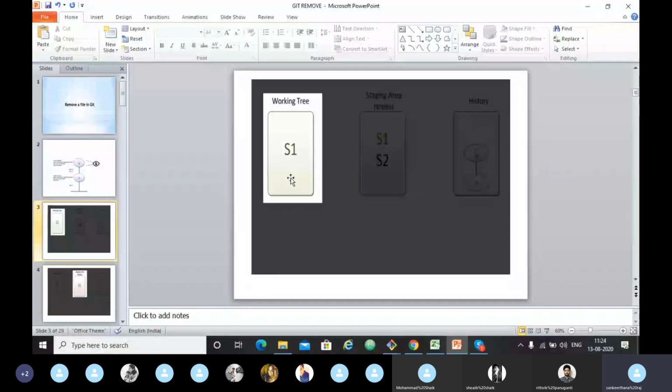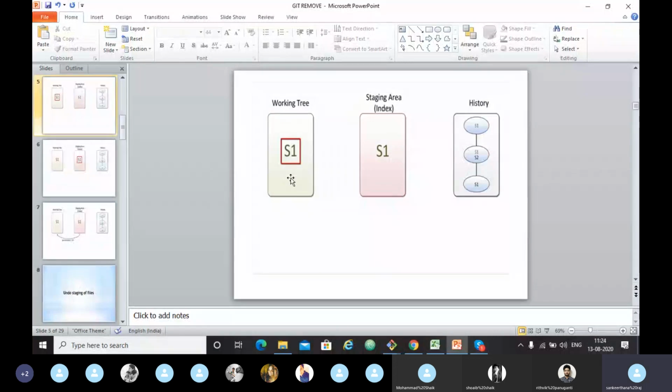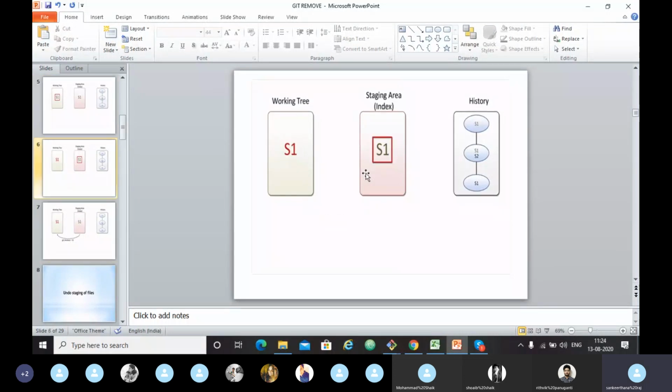Now what is left is the working tree, the staging area and the history. But in the history, you still have S2, so you can restore it whenever you want. But in the working tree and the staging area, it's not present, right? So what we did till now is we matched the working tree with the staging area.